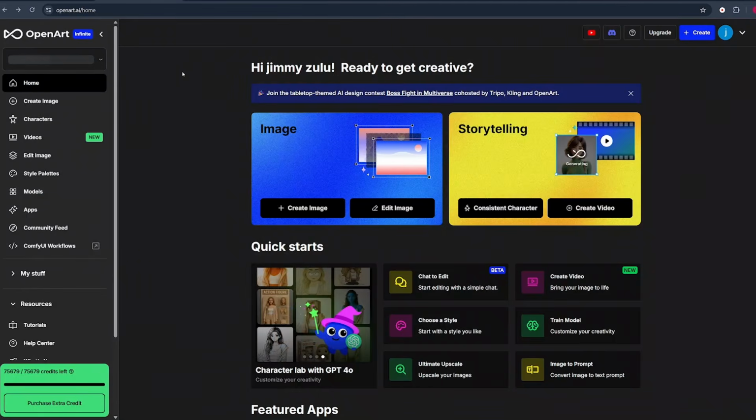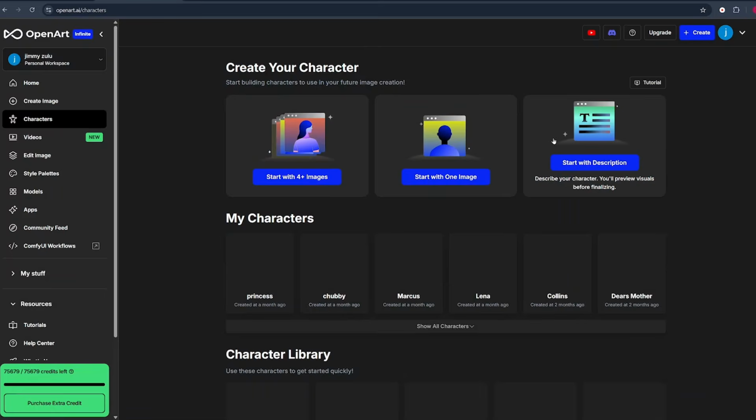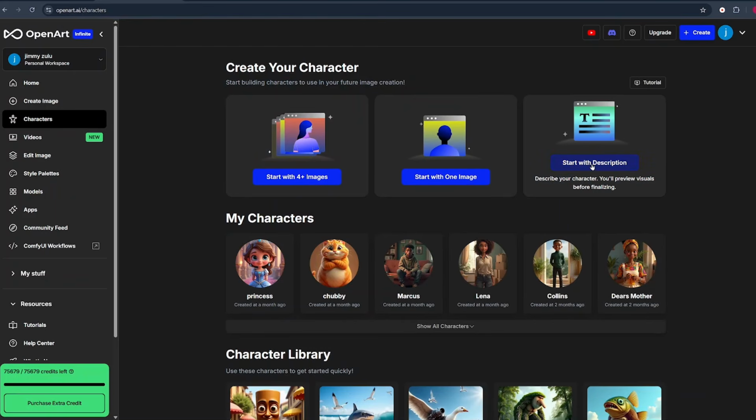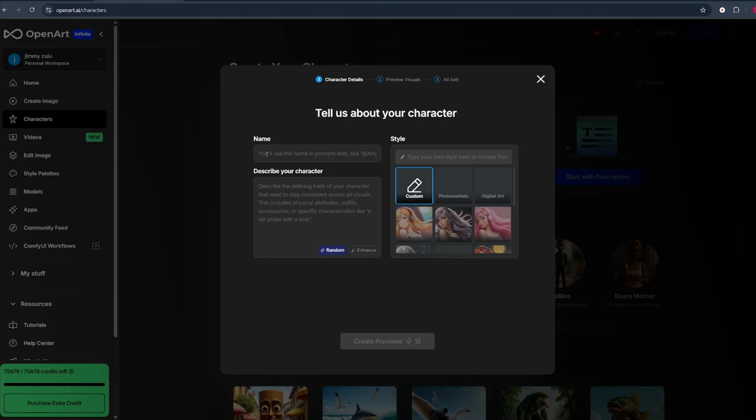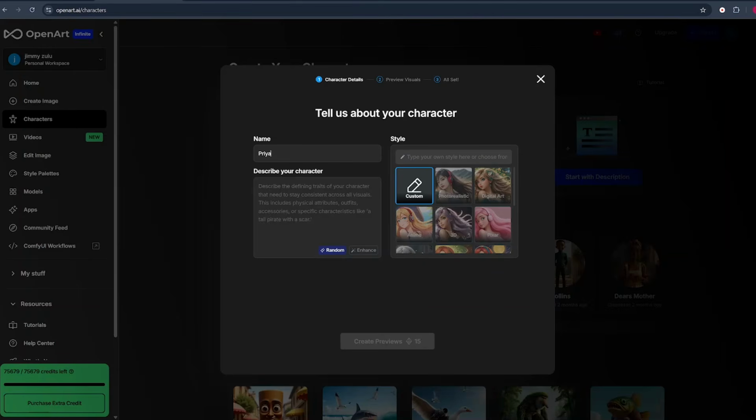If you already have an account, just log in. Once you log in, come to your left and select characters. There are 3 ways to create your characters. I'll select start with description. I'll input my first character's name, who is Priya, and here I need to input the description of my character. I go back to my Google Doc, I copy the description of my first character, come back to OpenArt AI